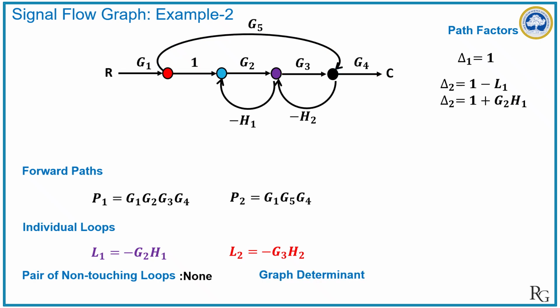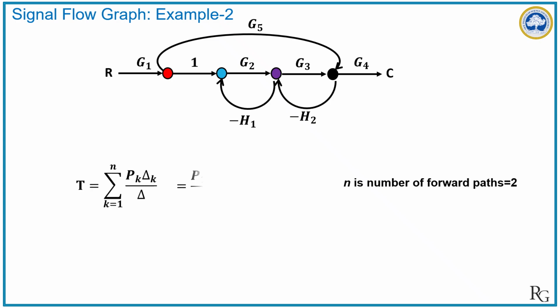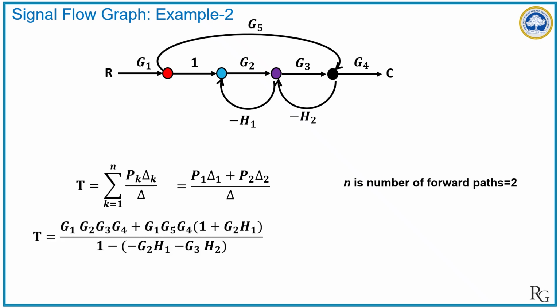Now we will find the graph determinant, that is delta. Delta is equal to 1 minus the summation of all the individual loops, that is L1 plus L2. In this particular question we have two forward paths, so the Mason gain formula can be expanded as P1 delta 1 plus P2 delta 2, divided by delta. All these values we have already calculated, so if we put them in, we will get the